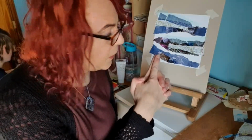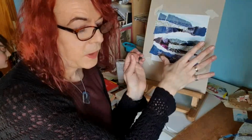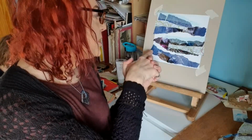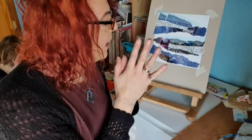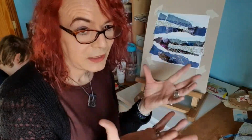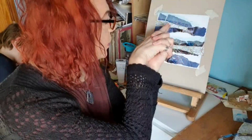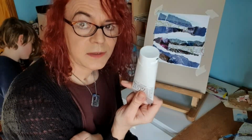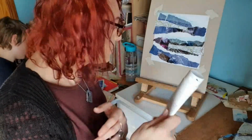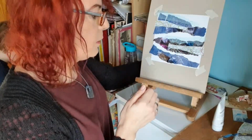Sometimes what I do is I flatten this a little bit, and I know that sounds a bit weird because it is flat, but there's a danger sometimes that if you just keep throwing more and more things at your collage, everything gets a bit overwhelming. It's all a little bit too busy and complicated. So to tone it down a little bit, what I sometimes use is a bit of paint. I usually use acrylic paint. I won't do it on this one because it won't dry in time, but I'll do it on one